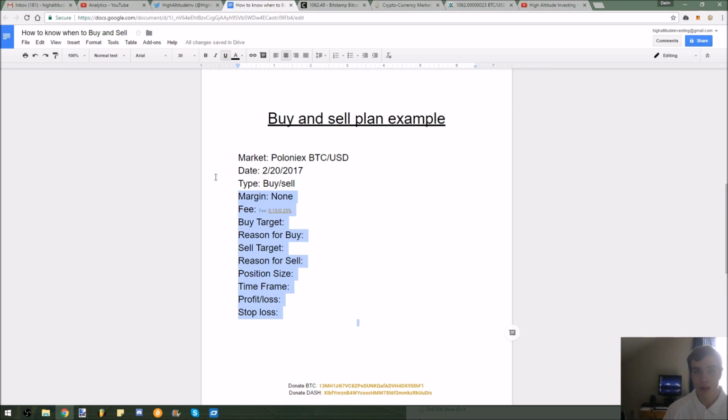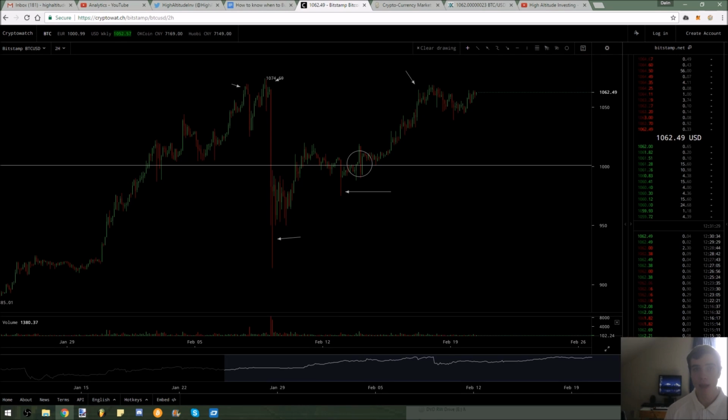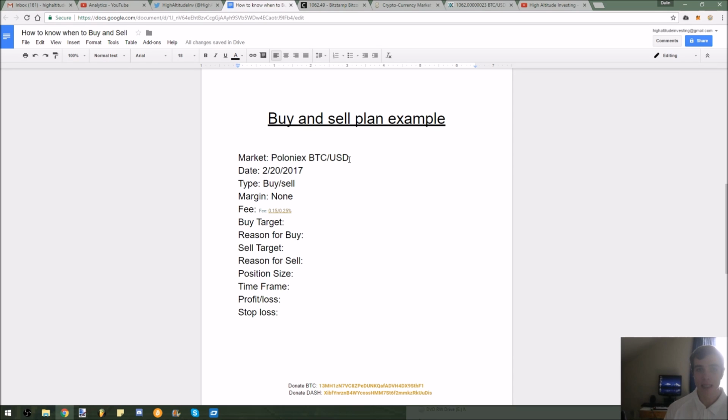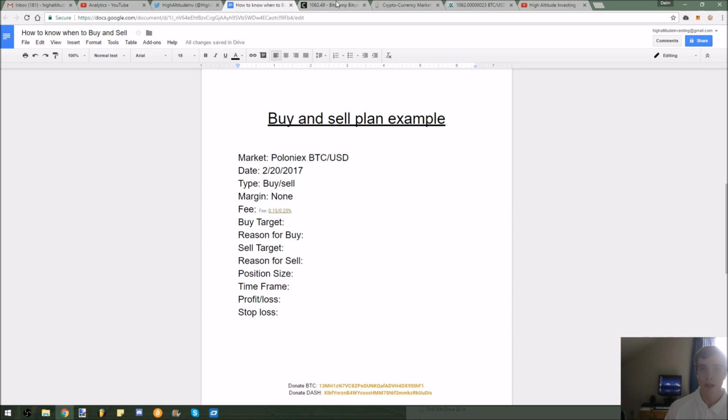Now, here's my actual trade plan, my plan for this specific trade. So basically, I'm on the Poloniex market. I'm looking at the Bitstamp chart here on CryptoWatch, but there's not that much of a price difference. The candlesticks look pretty much the same. So Poloniex,